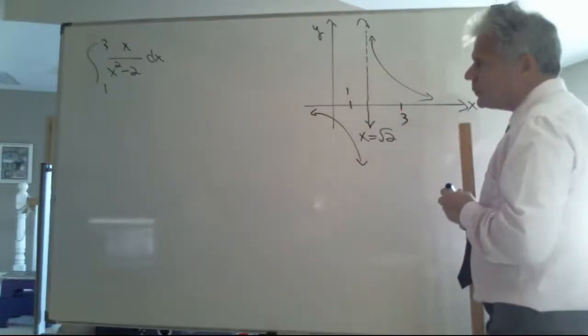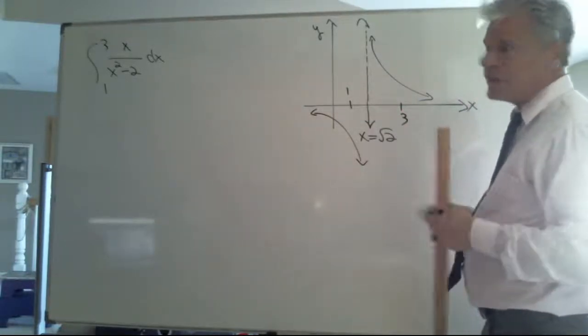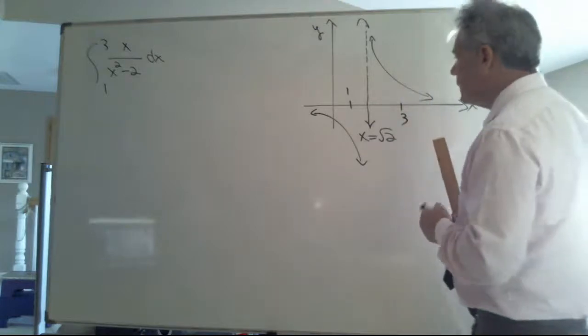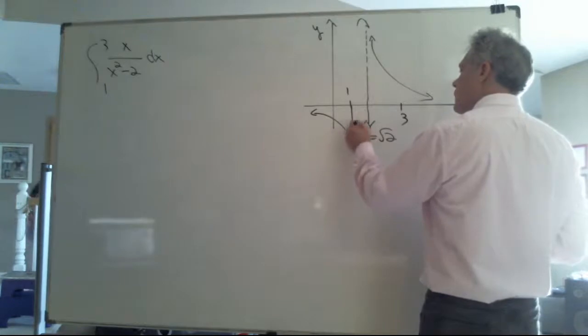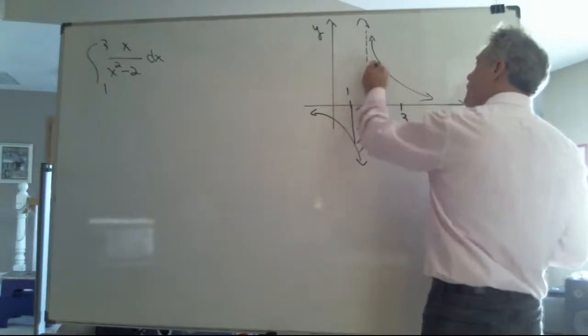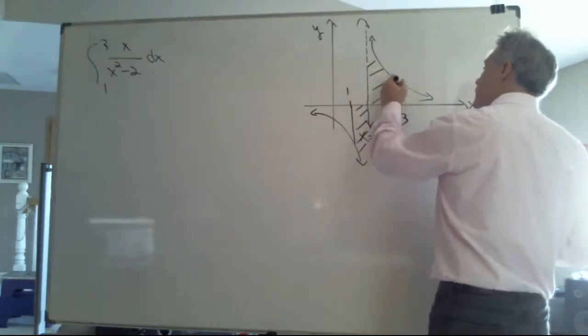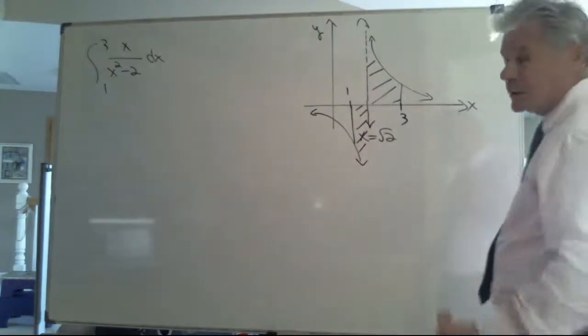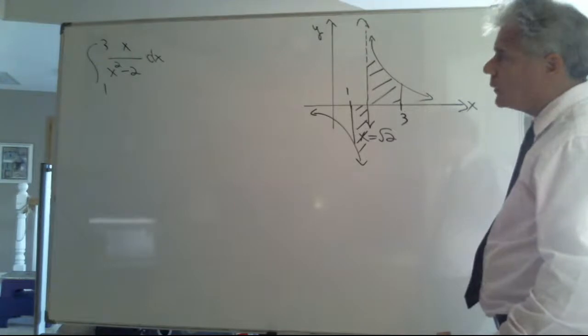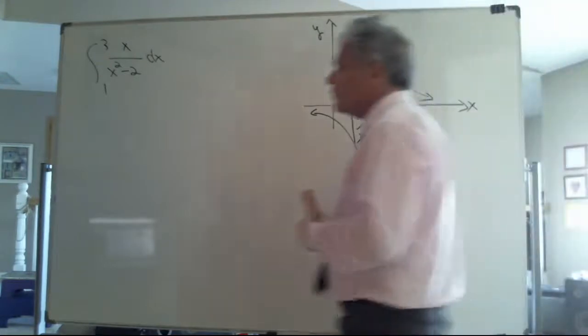But technically speaking, the vertical asymptote is not at one of the endpoints, it's in between. And so technically speaking, it's as if I'm looking at this area here plus this area here, both of which are areas of unbounded regions, but the sum of those unbounded regions' areas could be finite. So how I handle this situation is I break this up